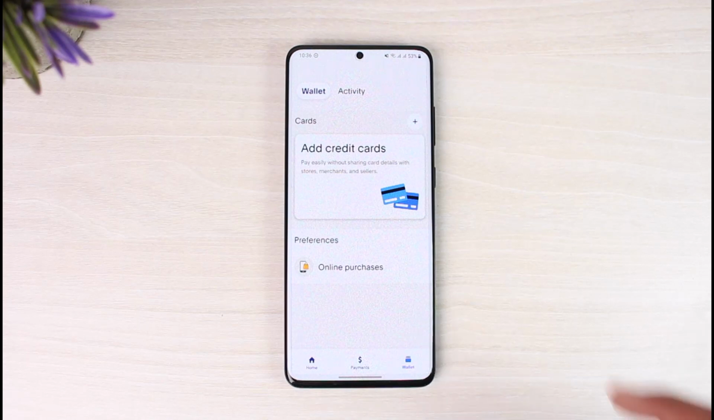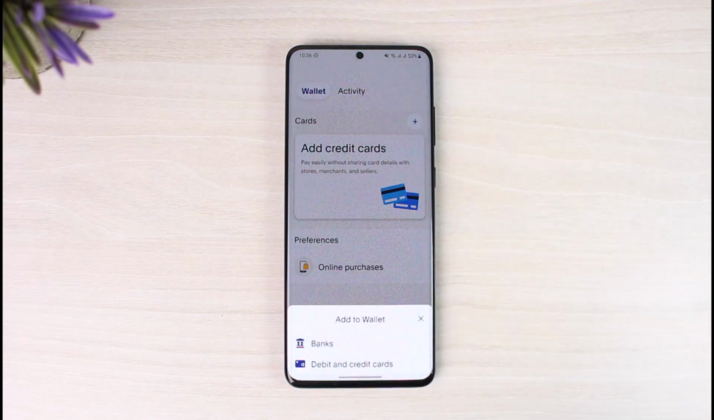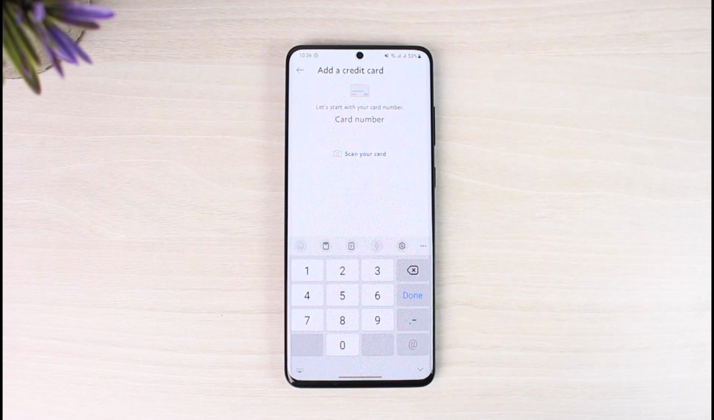All you have to do is tap on the big add credit card option over here, and at the bottom you have two options: to add a bank or to add a debit or credit card. You can just select the option called debit and credit cards in this case, and then over here the first thing you can do is to simply scan your card using your phone's camera, which is going to be automatically done for you. But if you want to enter those digits manually, in that case you can simply start with